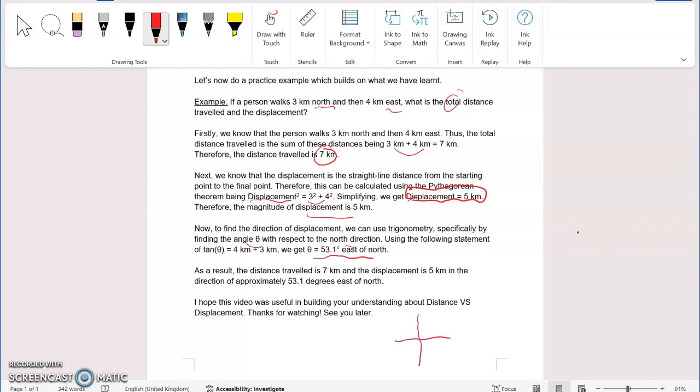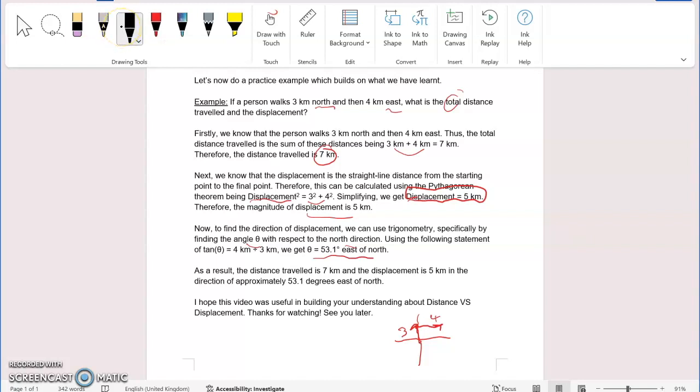So if I walk, let's say, 4 kilometers, as the question tells us, to the east, and then 3 kilometers to start, so walk 3 kilometers up, going up by 3, and then we go 4 kilometers to the east from there, like that. We can see we have a right angle triangle